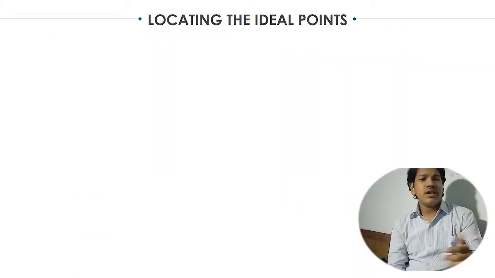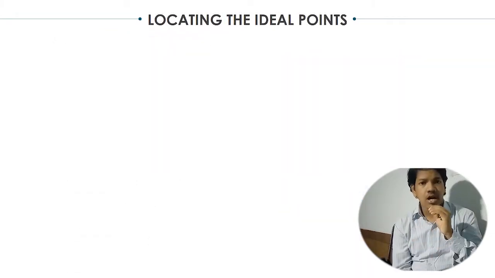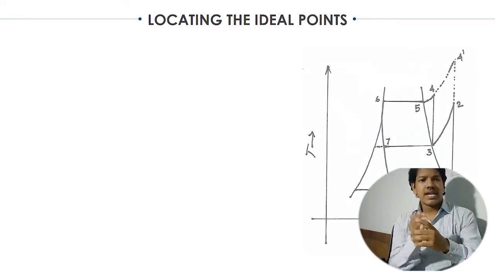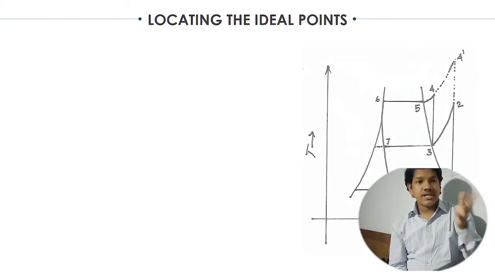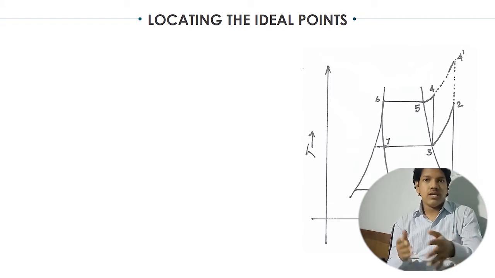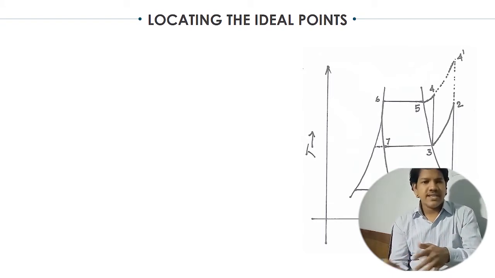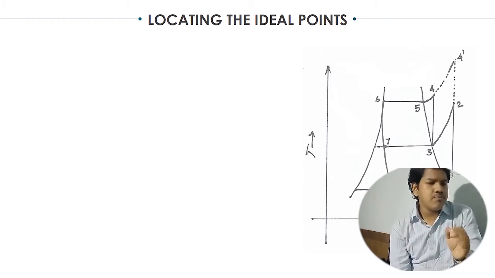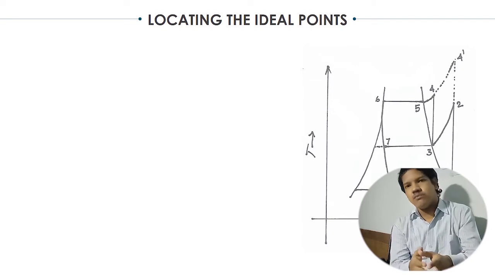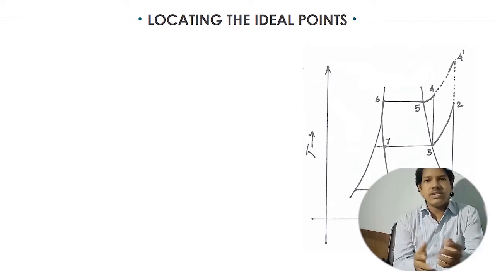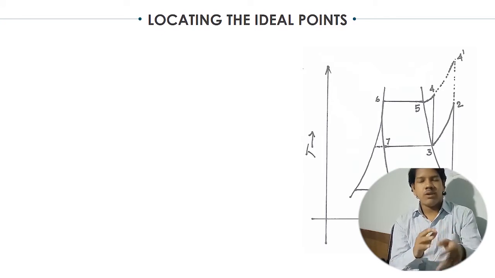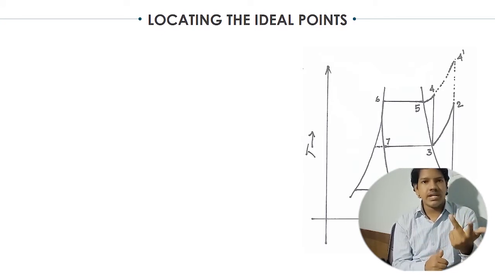In this slide I would discuss how the properties of the points on the T-S and T-H diagram were calculated. There are basically 9 points, as we can see: 1, 2, 3, 4, 4 dash, 5, 6, 7 and 8. I will be discussing the process for the important points only, because if I discuss all the points, it would take a lot of time. So I will be discussing 4 dash, point 3 and point number 2.